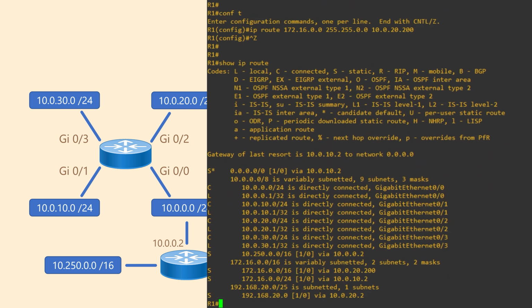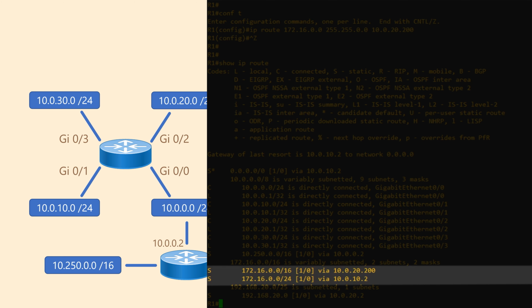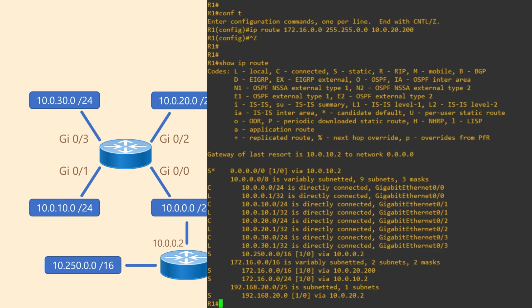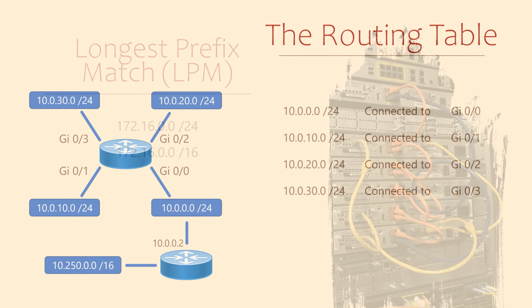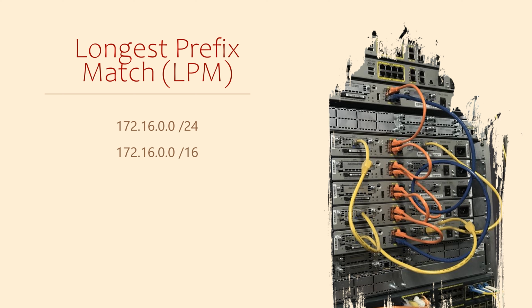Looking at the routing table once again, we can see the new route. But isn't this interesting? We have two routes which are almost the same. There is 172.16.0.0/24 and 172.16.0.0/16. The only difference is the length of the subnet mask. Now, is that even valid? Yes, it is. See, these aren't actually the same network. They are two different networks, yet they do overlap. When you think about it, the /24 network is actually a small part of the /16 network. You'll also see the next hop IP addresses for these networks are different.